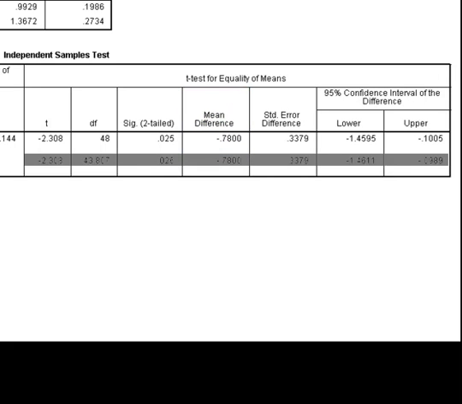We can also see that the 95% confidence interval of the difference in the means is minus 1.4595 and minus 0.1005. We read this as follows. We are 95% confident that the difference in the means for the population is between minus 1.4595 and minus